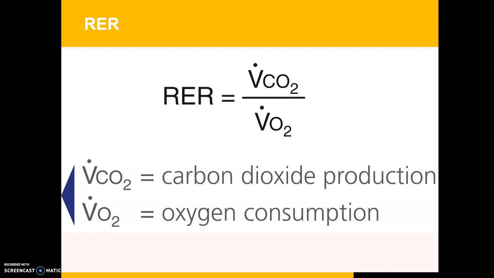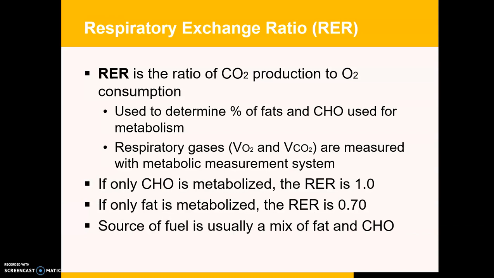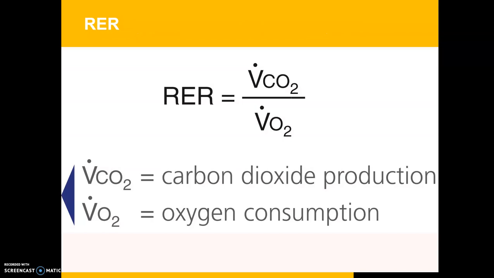Use of indirect calorimetry allows for the measurement of both oxygen consumption and carbon dioxide production. The proportion of energy coming from carbohydrates and fats can be estimated accurately by the use of what we call the respiratory exchange ratio, ataupun RER. RER is a ratio of the amount of carbon dioxide produced to the amount of oxygen consumed. So dia adalah ratio kepada amount of carbon dioxide produced to the amount of oxygen consumed. Okay, itu adalah masuk RER.